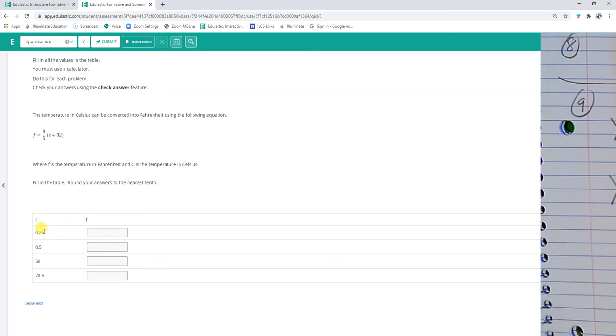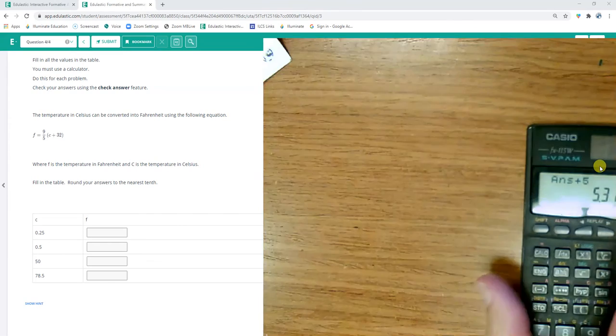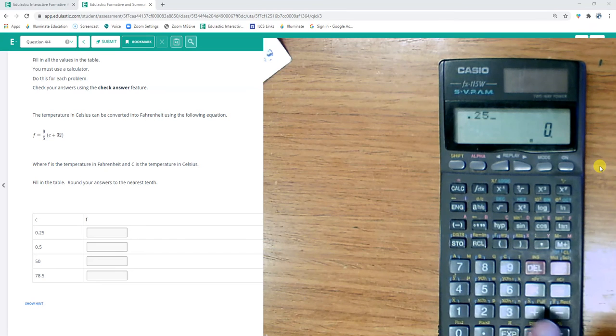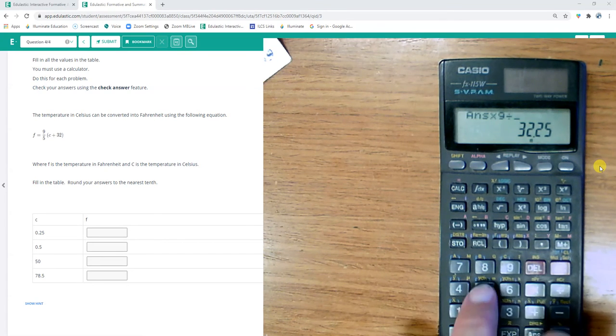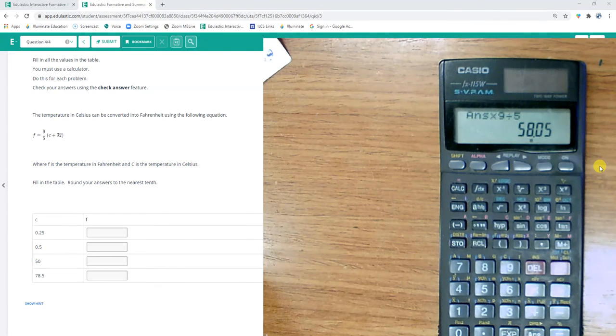And this one, we're just going to keep plugging c in over and over again. So it's going to be c plus 32 times 9 divided by 5. I think we can do this one just in a calculator. So 0.25 plus 32 times 9 divided by 5. That would be 58.1,